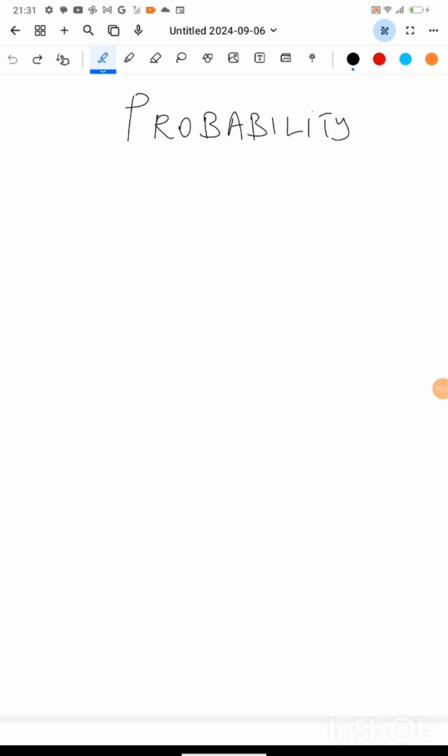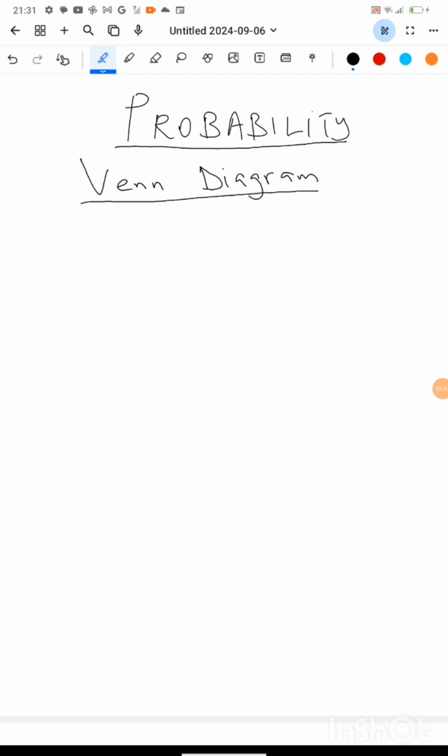Hi everyone. So this lesson is for grade 10. It will be a topic of probability, right? So in probability, you get a question of Venn diagram. So what is a Venn diagram and how do you do a Venn diagram? In probability, you get Venn diagram, you get tree diagram, you get contingency table as well, but let's focus